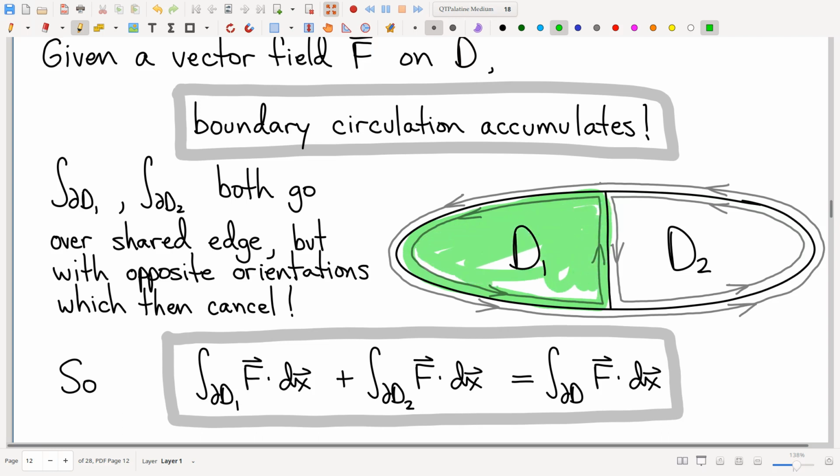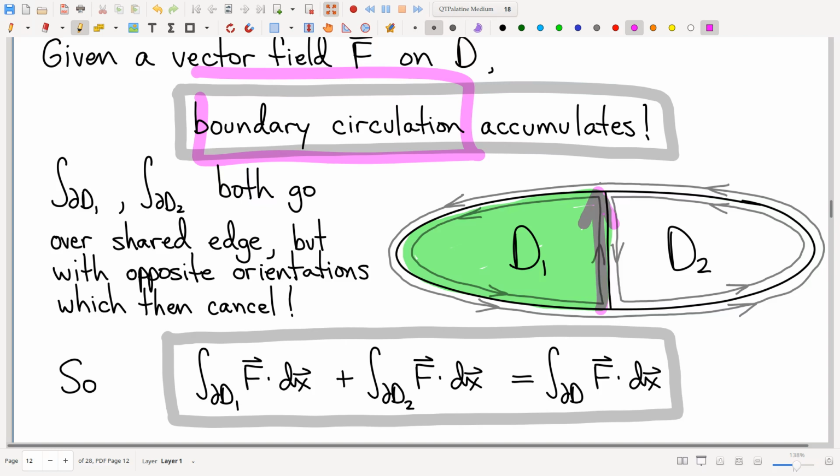This piece of area called D1. And now let's think about how I would represent on this picture the boundary circulation for D1. Well, I'm going to have to take this region D1, look at its boundary, and then compute a vector line integral representing the circulation around that boundary. And so I would be doing a line integral